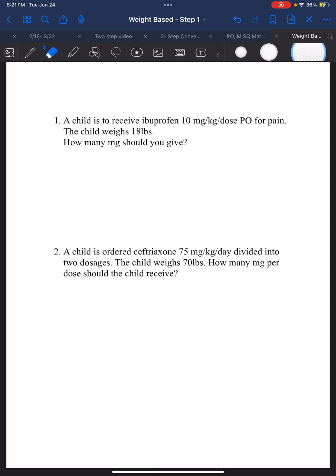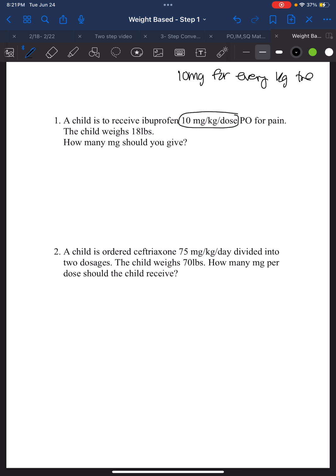Okay, so this video is going to entail the first step of doing a weight-based calculation, and that is figuring out how many milligrams we need to give our patient based on their weight. All weight-based problems are going to give you a very special thing that we need to remember. We have right here this equation. What this means is you need to give 10 milligrams for every kilogram the patient weighs